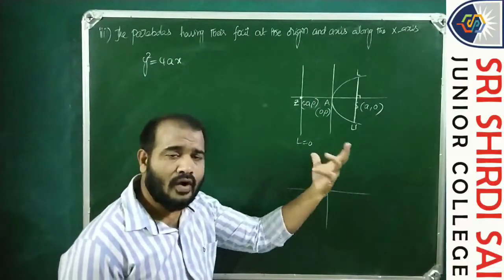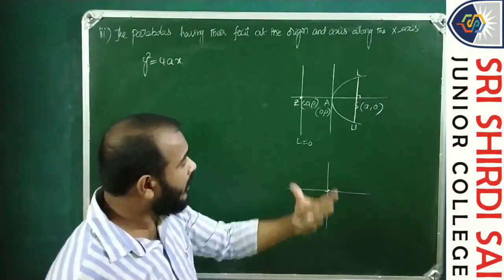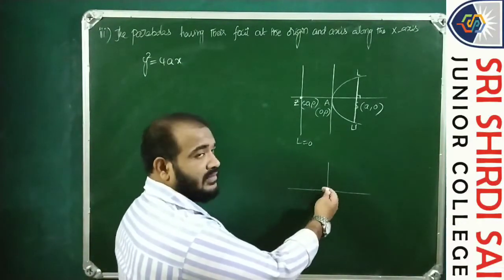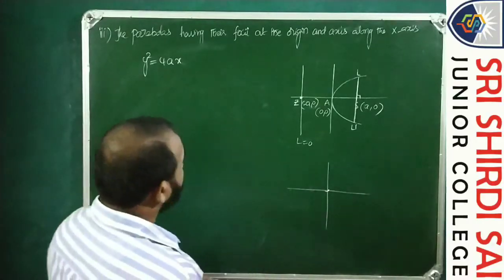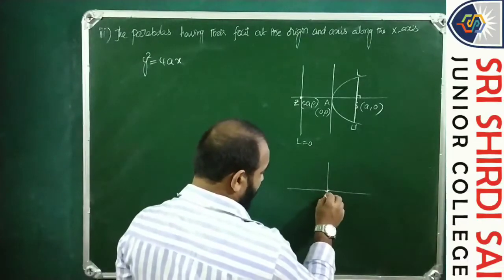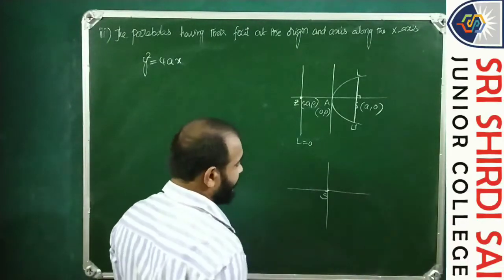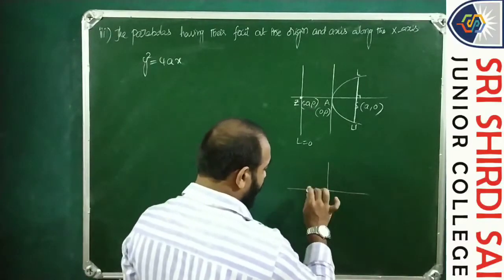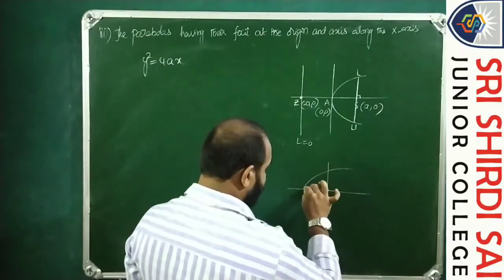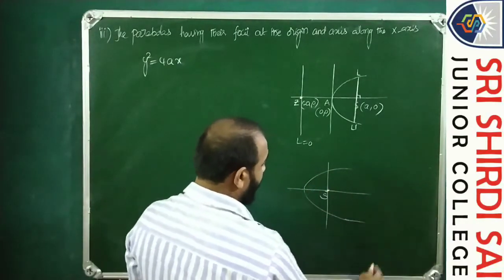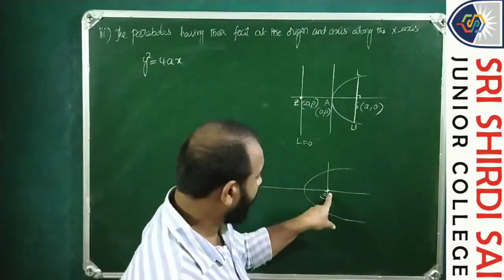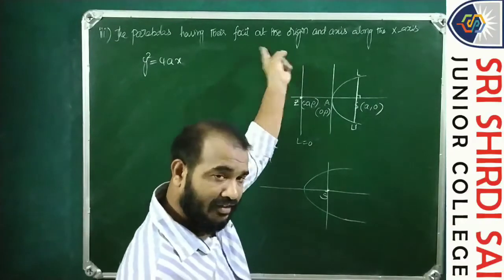Foci. Sir, why has foci been mentioned? There are parabolas like what I am going to discuss here, I will tell. So focus at the origin. So this is the origin and the focus is right here itself. Focus is at the origin. So that means now the parabola is this, and at the origin the focus is located, that is what the question gives.